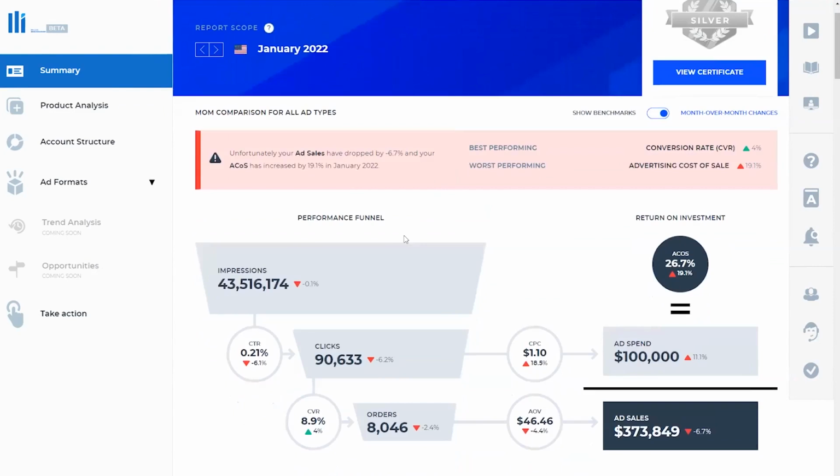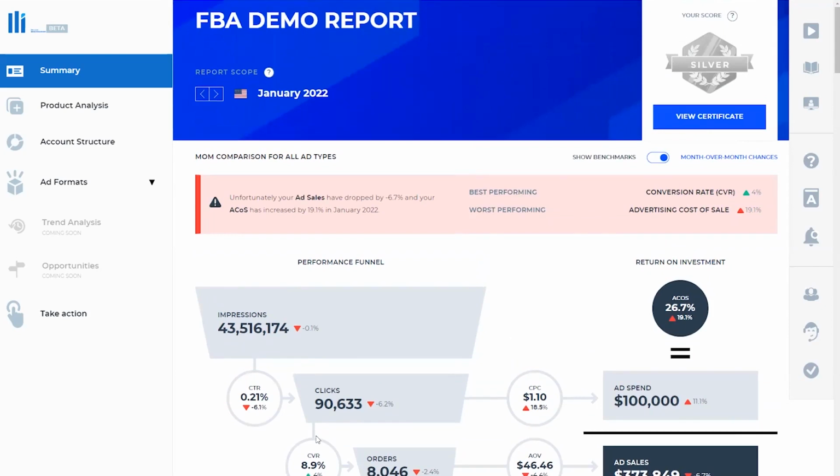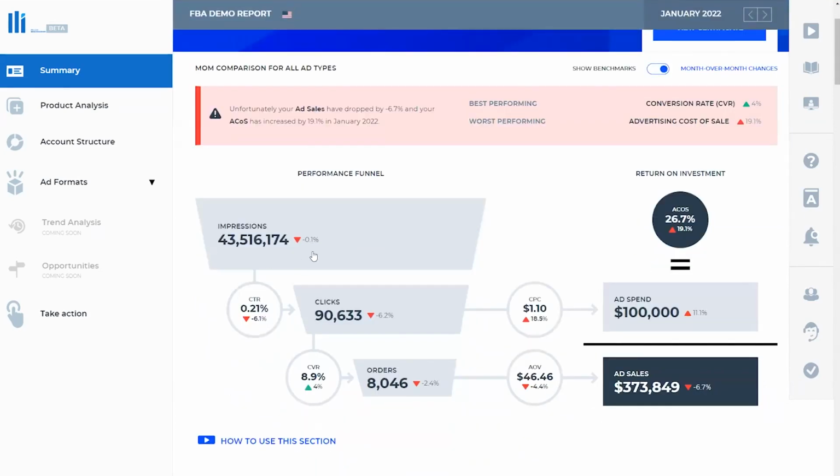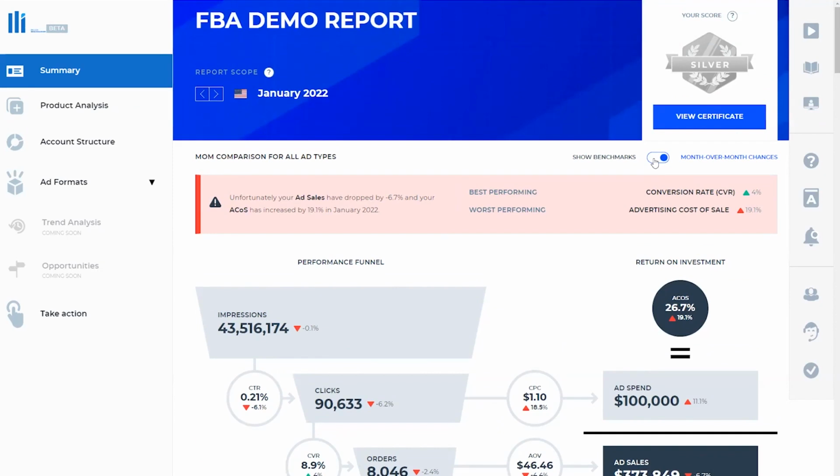It will have a performance funnel, and all your important KPIs will be measured here. And as you can see here, we have a red indication, like minus or plus in some cases, of percentage-wise under each metric. So basically that's a comparison to the month before of the month that we are seeing. So if we are seeing January right now, this means that, for example, your impressions went down by 0.1% in comparison to December. So this can actually give you a cool insight how you were performing last month, right? So this is the month-over-month changes. You can leave that on or off, however you prefer.